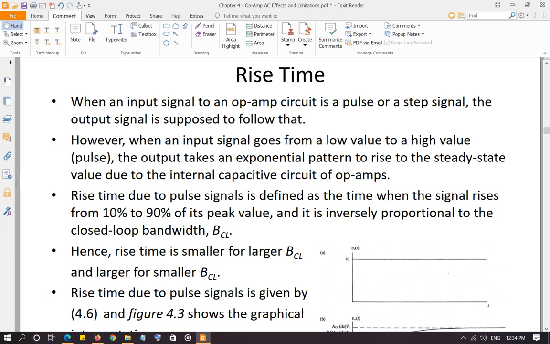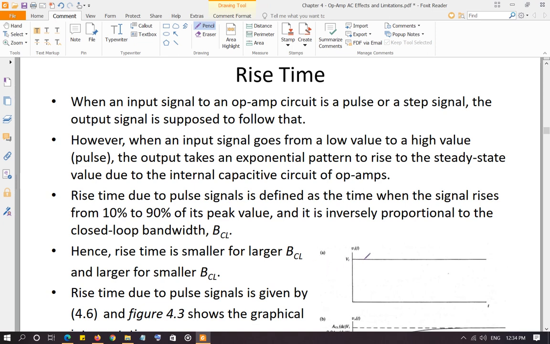So anytime you have capacitive or inductive circuits, whether they are outside the circuit or inside the IC, these capacitors take some time to charge, to produce level 1, and discharge to produce level 0. So anytime you apply a pulse, rise time due to the closed loop bandwidth is defined as the time